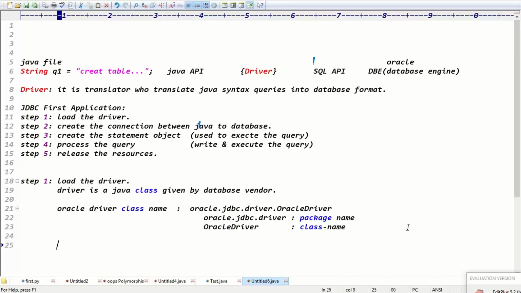The Oracle vendor gave the Java class, but he will not give the class directly. He will give the class file in the form of a jar file.